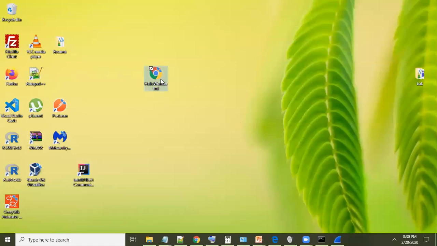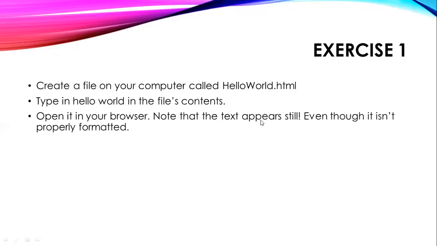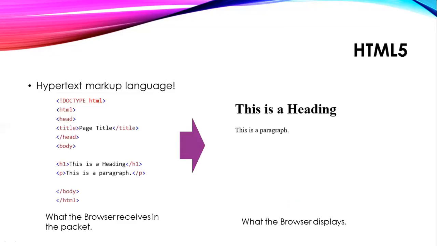Now we'll open it in our browser. As you can see, by just doing that, we got hello world displayed. So this is essentially your first website, a simple website. But the funny thing is that this isn't even properly formatted HTML. It's just raw text. But because raw text is the language of the web and what this information is passed along as, it still appears. The browser is still able to render it. And that is how flexible it is in many cases.